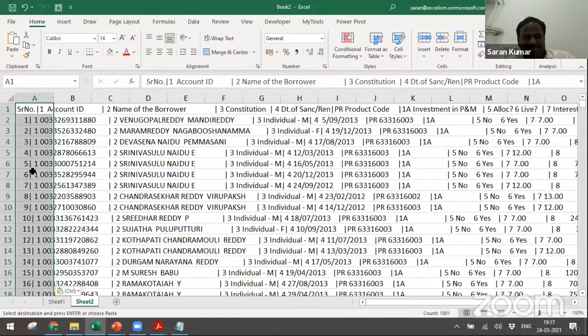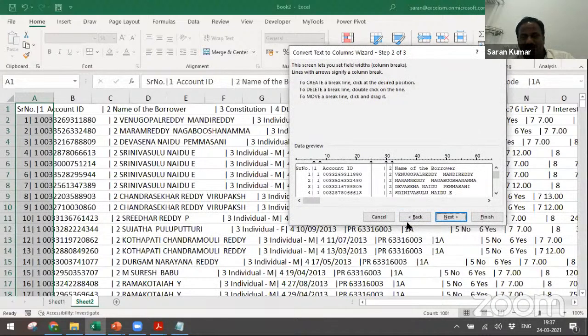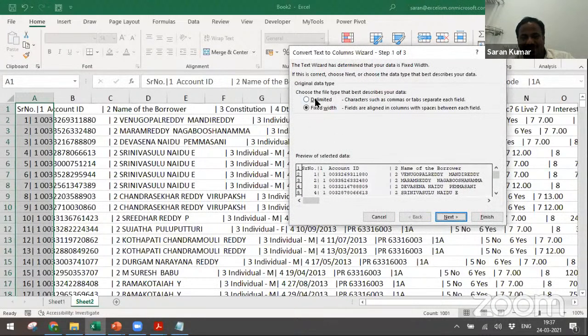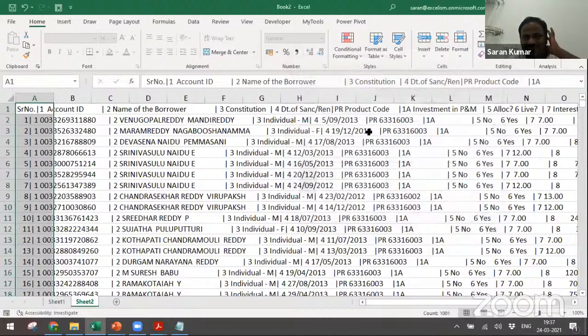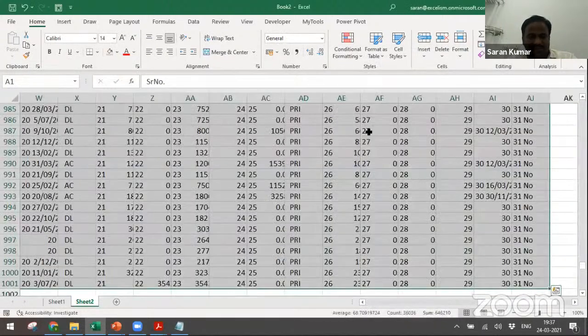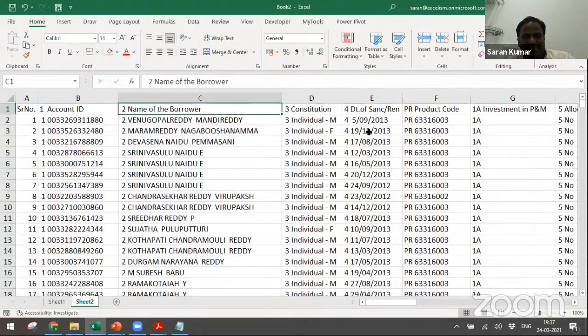Now it is proper data of all 35 columns one after the other. But I need to do text to column. Go to the text to column, then you need not do it manually because there's a delimiter, the pipe symbol. So let me have this pipe symbol. Just click next and finish. Okay, so the problem with this data is the column numbers are also attached to this.